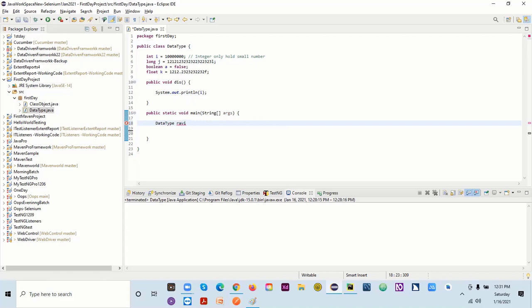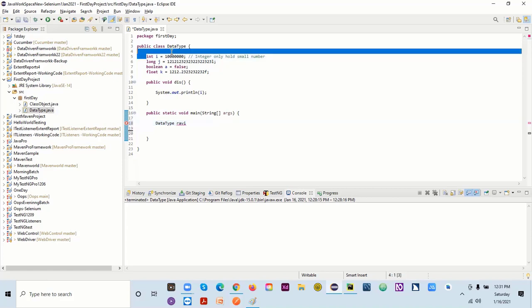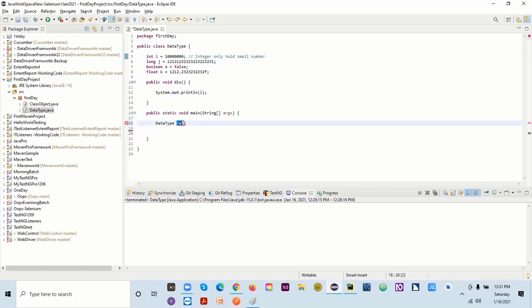Now my object is still not yet created. What I have to do is create the object, and through this person I want to access other people. So this is Jayesh. I want to access Jayesh, but I will get help from Ravi, and then I will be able to access this variable. So I will write the data type, Ravi, and say new, and again the data type. This part is called creating an object. When you use the new keyword, your object will be created. So this is an object.